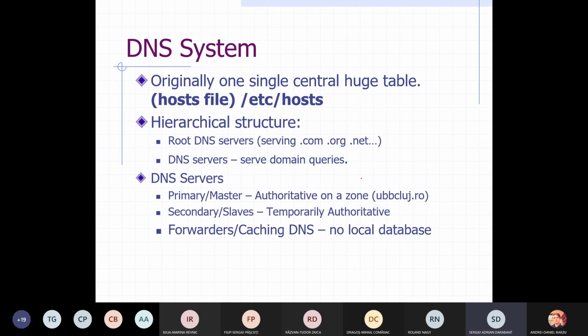Okay, these are things that we've already discussed. For each domain name, I told you that you need to provide at least 2 DNS servers. One of them will be called the primary or master. This is the one that you actually update. Whenever you need to manage the information, you'll put it into the files in the database that is managed by the primary, and all the others are called slaves or secondary, and they will just mirror that